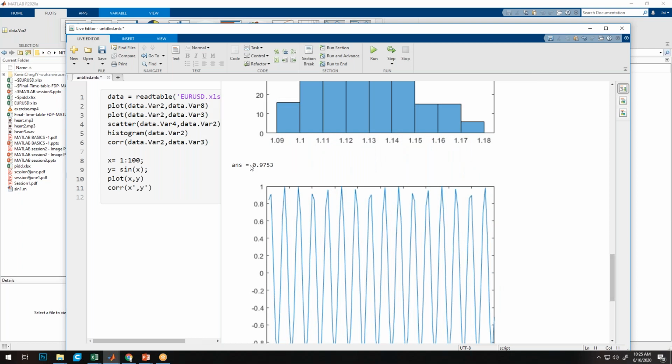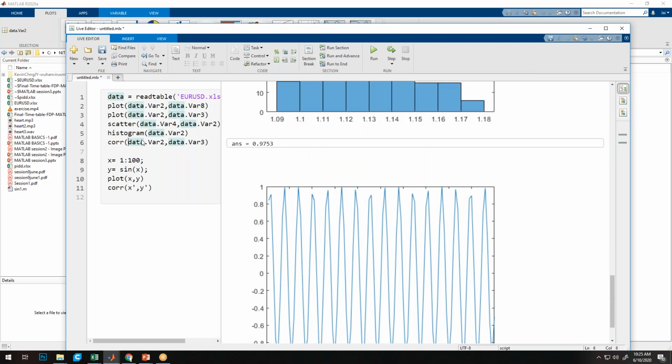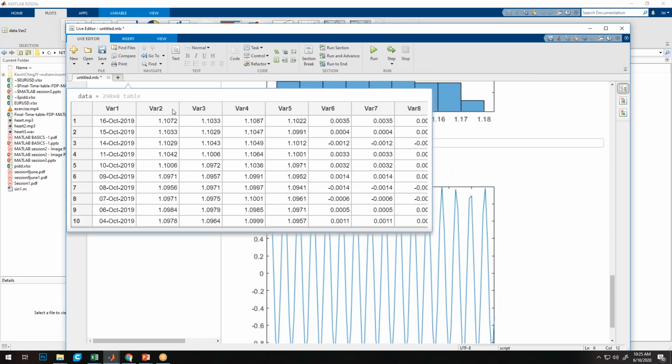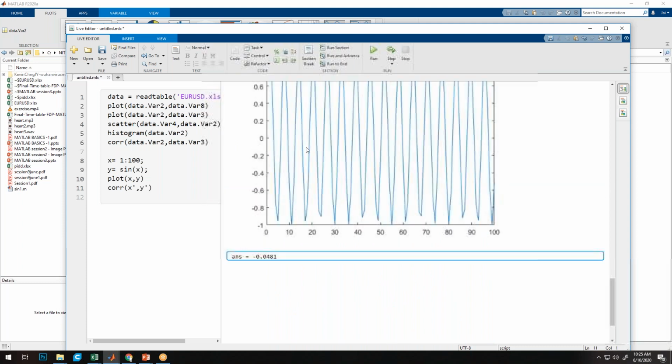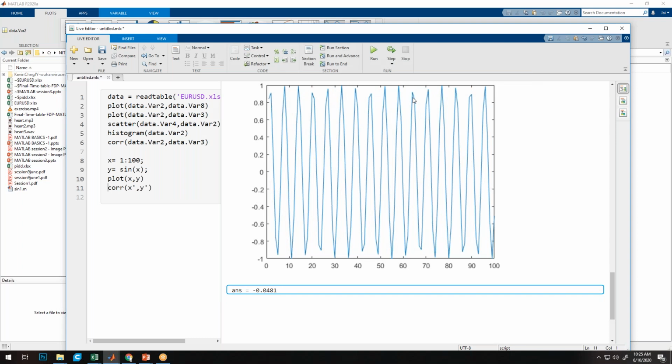So this tells that the data in our column 2 and column 3 follow the trend of each other. If the value of one increases, so does the value of the other. But here it shows that they are not correlated with each other, because it is quite sinusoidal or cyclic in nature. It doesn't matter whether the time increases, it can have a value greater than 0 or less than 0.